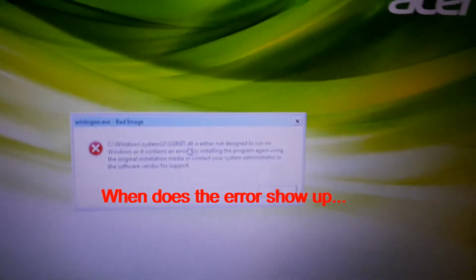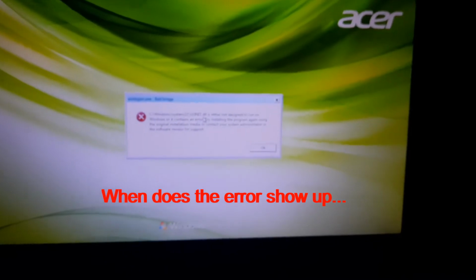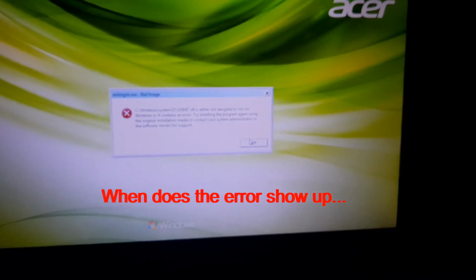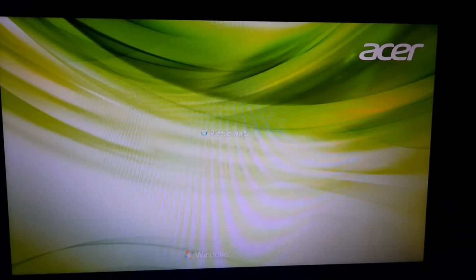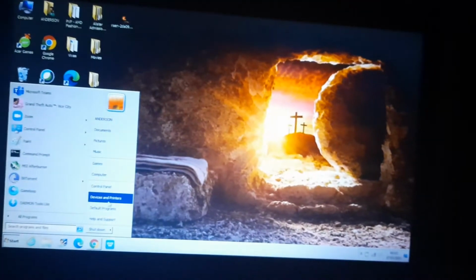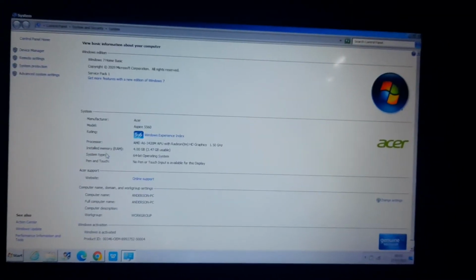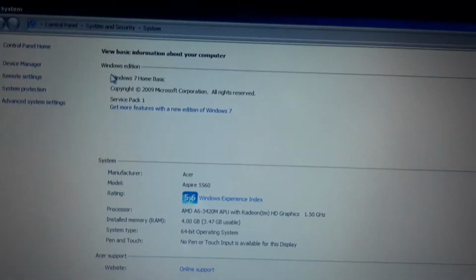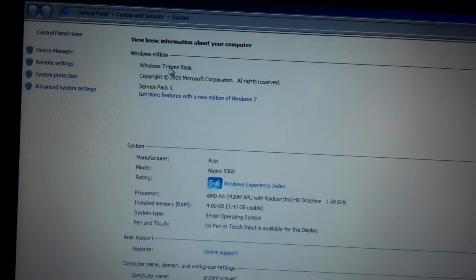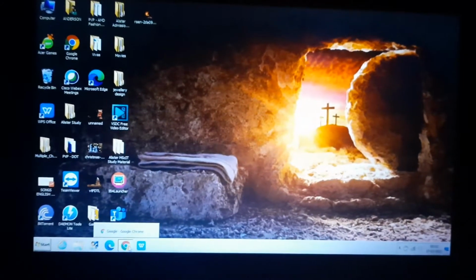For example, on my computer, it is giving this UXI90.dll error, which basically means that the UX or the theme of my computer has been deleted off. This usually is caused by some malware or virus, usually by downloading a file or by plugging in a pen drive with a virus or a malware. And as you can see, the style of the window has changed. It is fully in classic style and it's not looking very good.